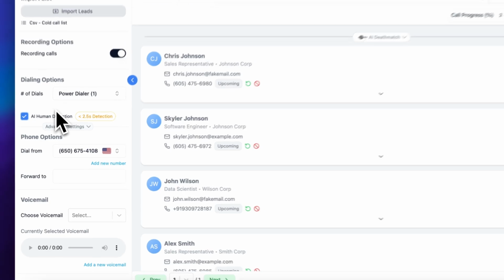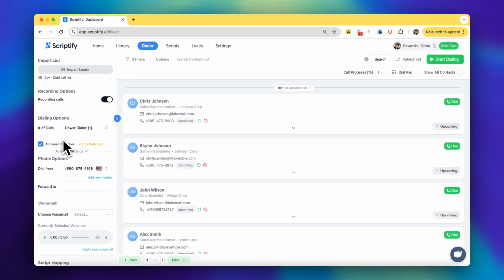When you turn on AI human detection, Scriptify will attempt to connect you only when a real human picks up the call and handle other cases automatically. For example, if it detects a busy phone, it will automatically move to the next prospect and log the call back to your CRM or SEP with the appropriate disposition. If Scriptify detects a voicemail, it will automatically drop a pre-recorded message and log the call, all without any manual